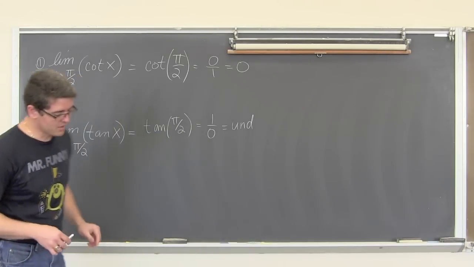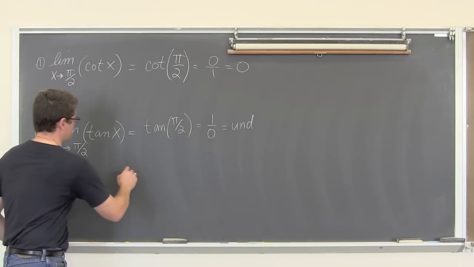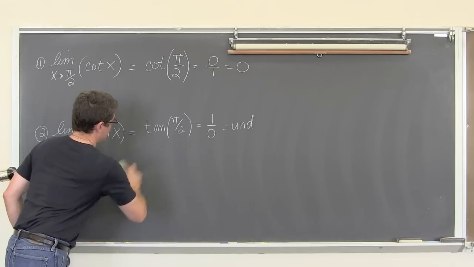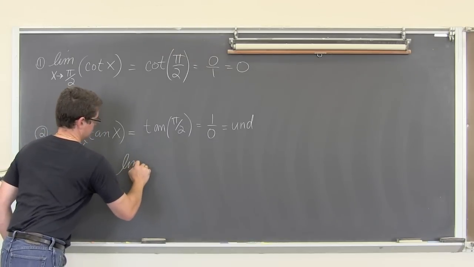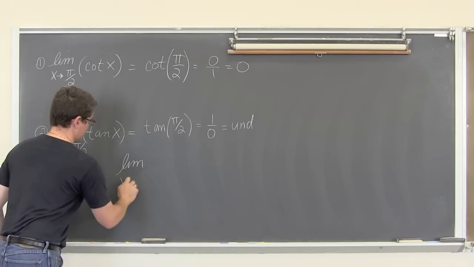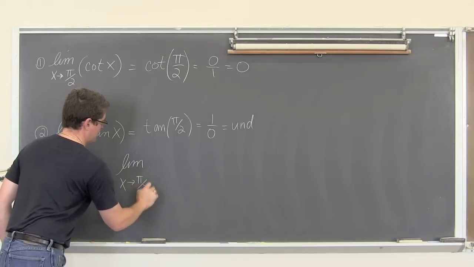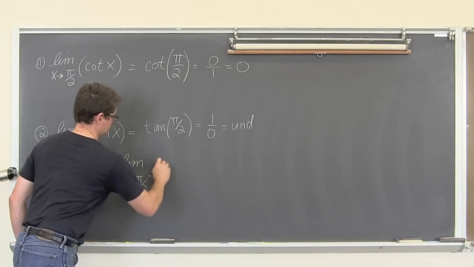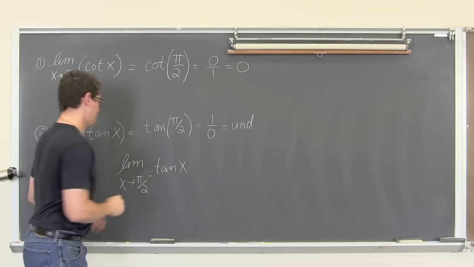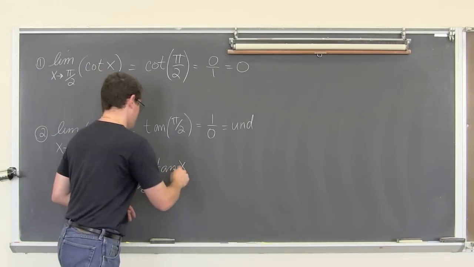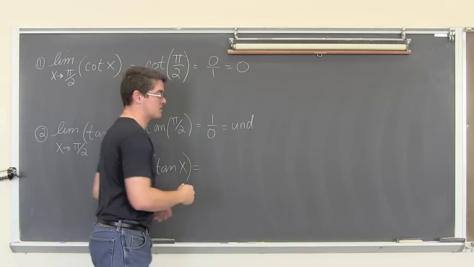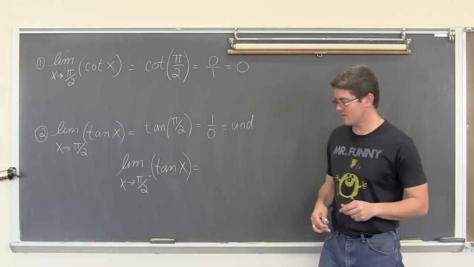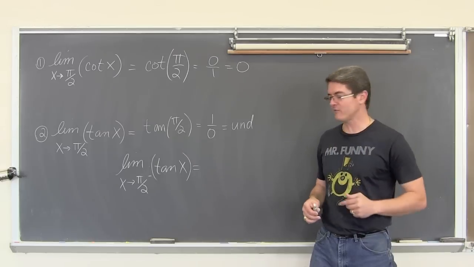We're going to say, let's let the limit as x approaches pi over 2 from the left of the tangent of x. Again, I'm going to try and explain this without looking at the picture, which you certainly should know what the parent function looks like. You should know what y equals tangent of x looks like. I'll draw it for you in a second.